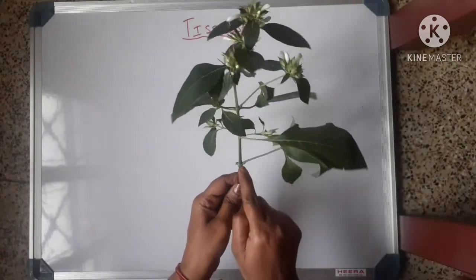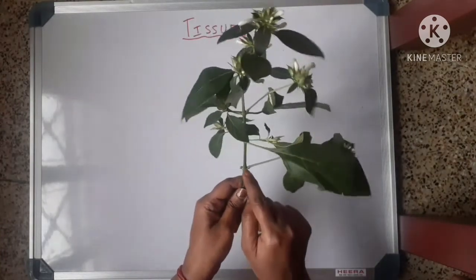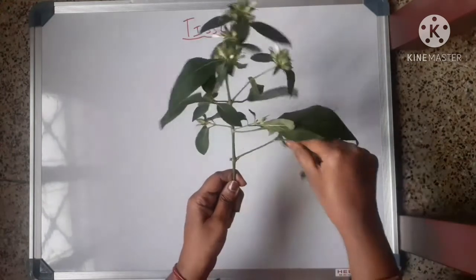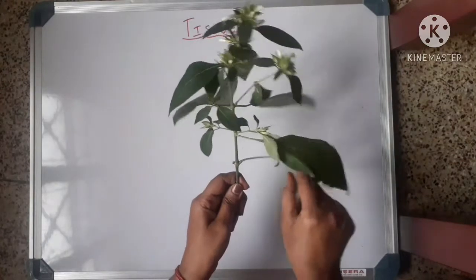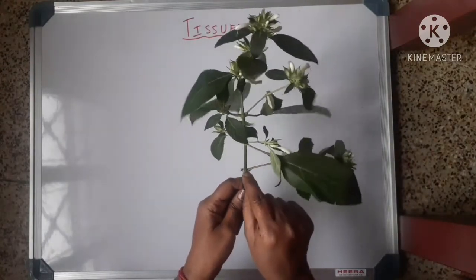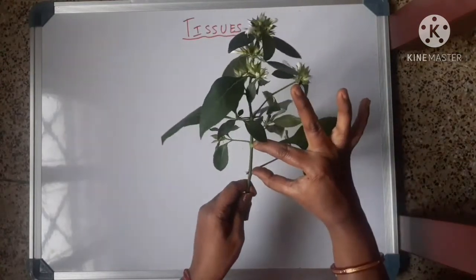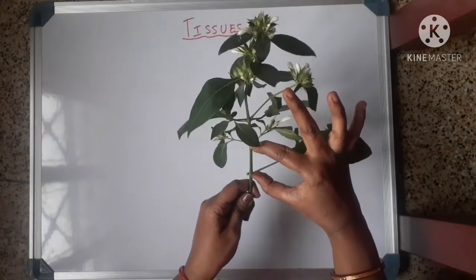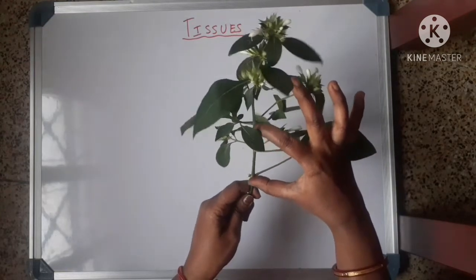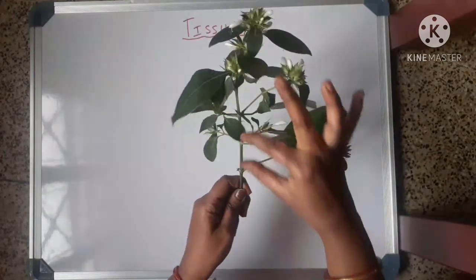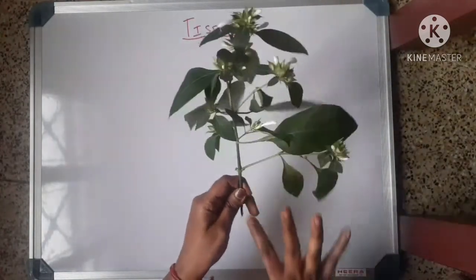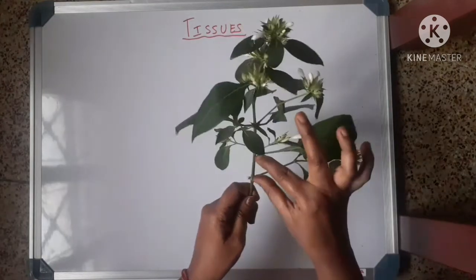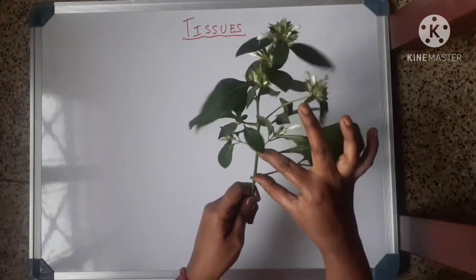This is the node. First of all, when this shoot was young, here there might be a leaf. The leaf gradually grows and the axillary bud grows into the branch. In this region also, the region between two successive nodes, keeps on increasing as you go downwards, decreasing as you go upwards. And the meristem that increases this length, that is intercalary meristem.